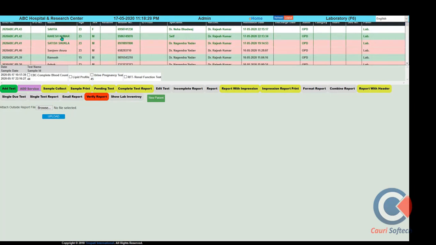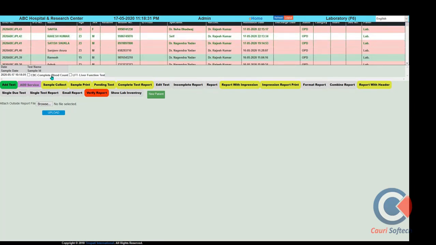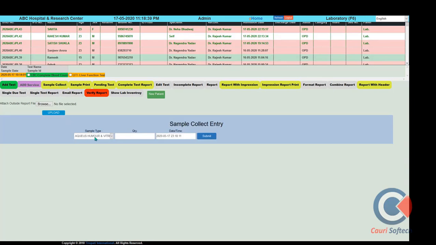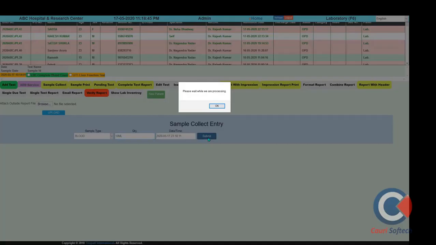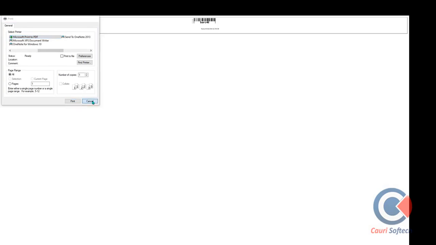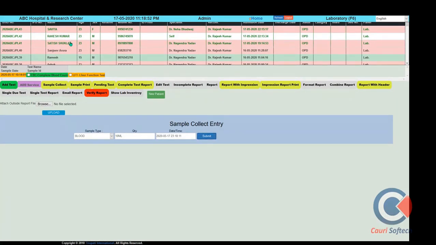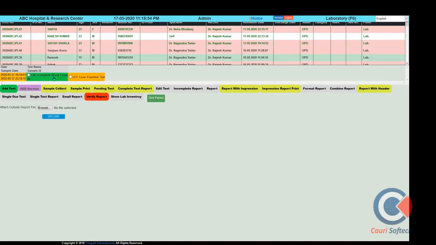So let's assume I have the patient Rakesh, where two tests have been advised through the billing section, and we want to perform the sample collection entry. So we can collect sample information here, blood and urine sample. We can put the value here, and we can generate the barcode sticker at the same time. And this sticker can be attached to the blood container, urine container, as well. After feeding the same value, we want to create a lab report.